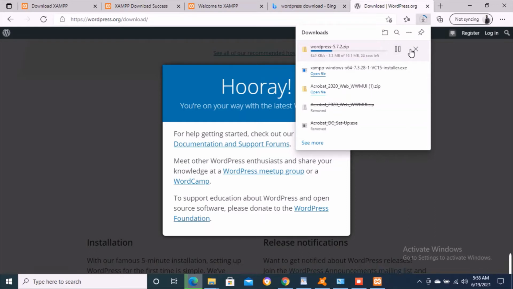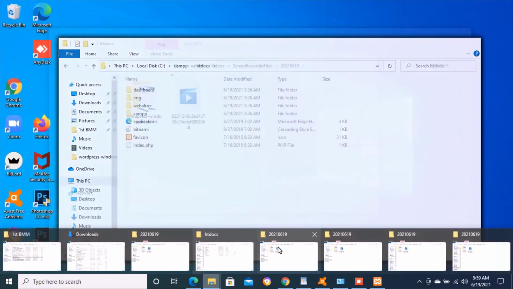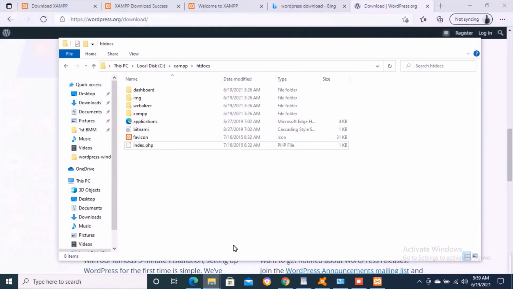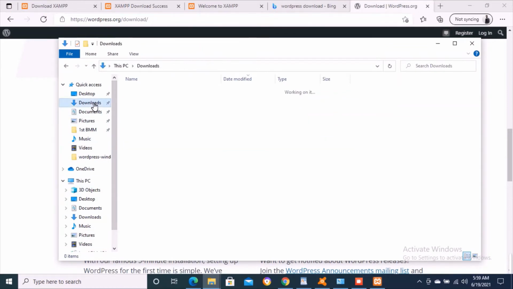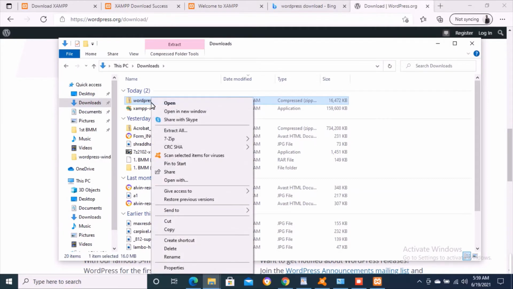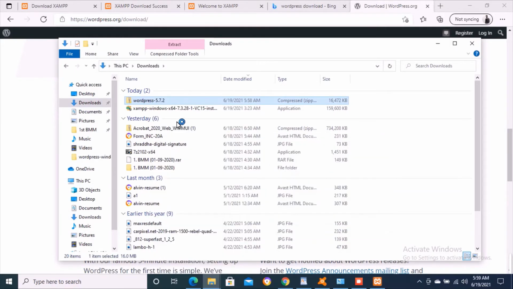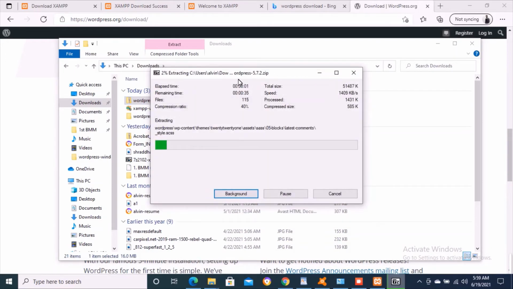WordPress files have been downloaded. Now I'm extracting the files. Once the files are extracted, we will copy this entire folder. We will navigate to the C drive, because this entire